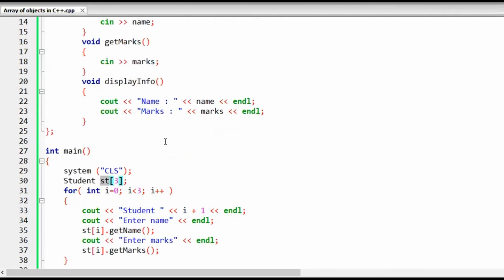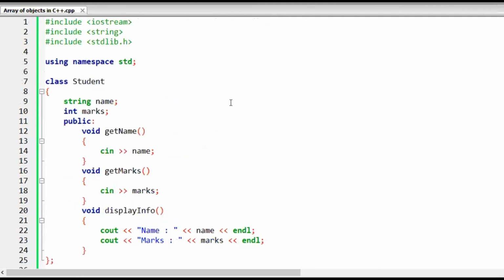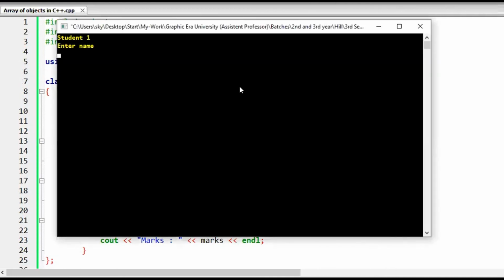So let me execute this code and enter these values, and we will see what the output is. Let me build and run this code. Okay, it is asking to enter the first name, so let's say a name and 20. The second name, I'm typing any random names, and 30. If I press enter over here,